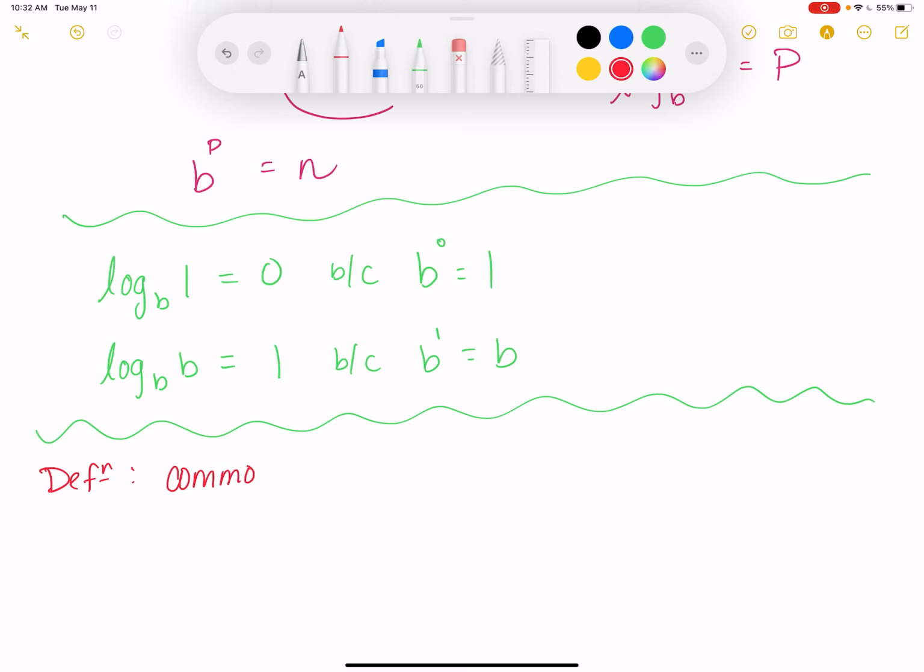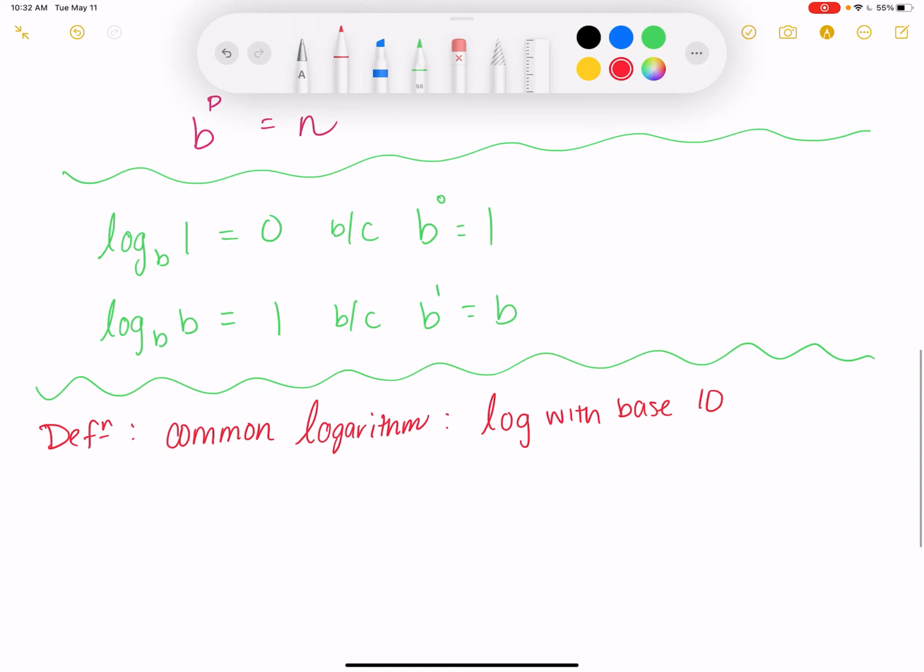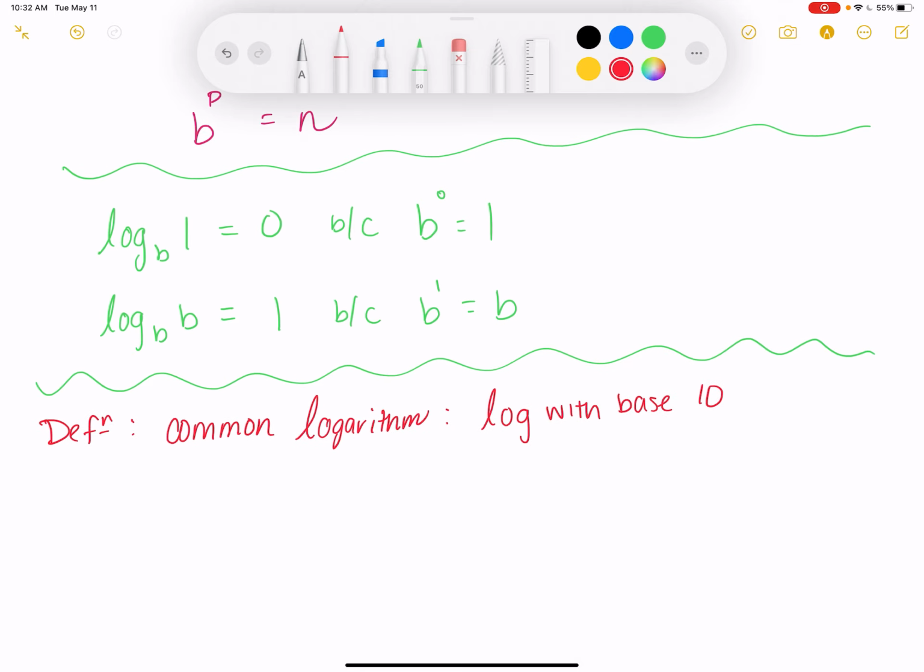All right, another definition, the common logarithm is a log with base 10. How do you write so neatly so fast? I've been doing it for a long time. My handwriting's terrible, and it will always be terrible. That's because you never take notes. Log base 10 of x is equal to